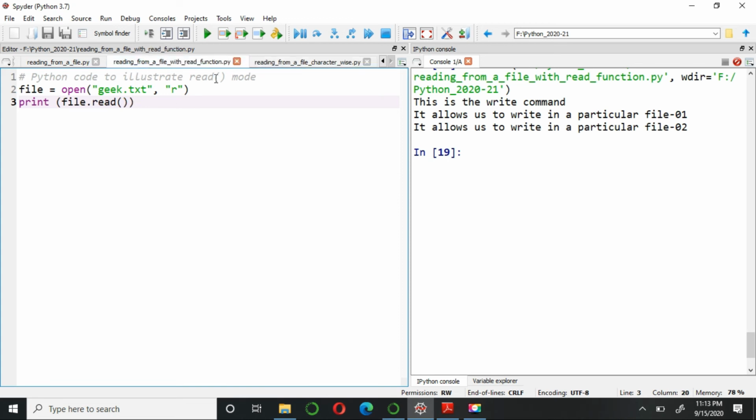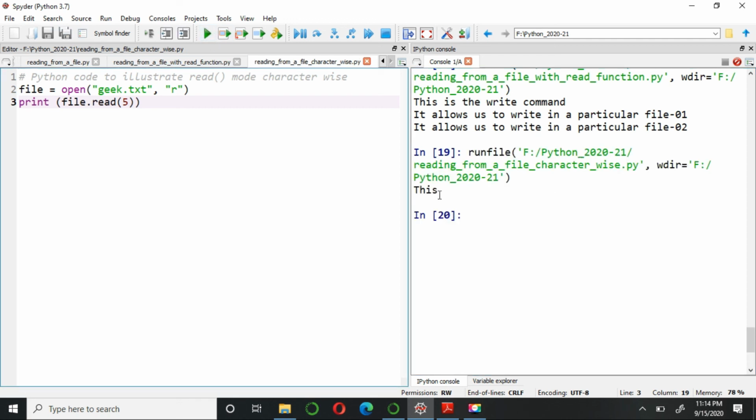It is reading line wise, or whatever data is getting fetched by the read function from the memory. Now with file.read, if you write the size, it works accordingly. I can prove it. I'm just writing 5 here, and in our text file we have THIS and then a space and then IS. It means I have just written 5. So what will be the output now? Let's see. It is only printing this. Why is it only printing this? Because I have given 5 and it is only printing 4 characters.